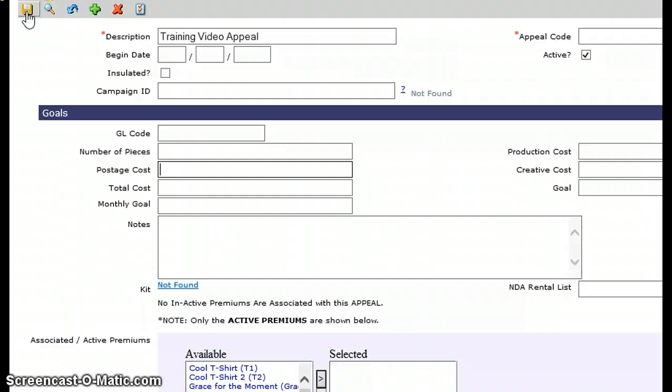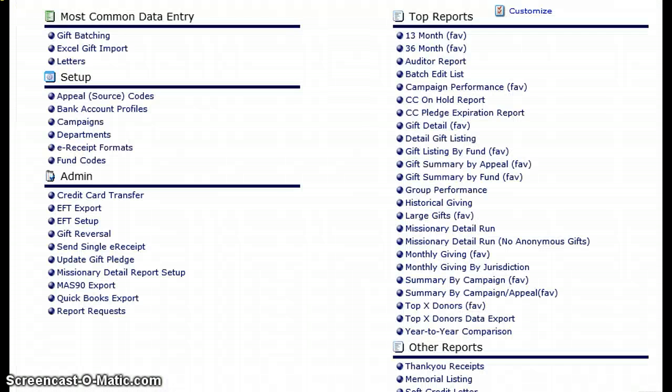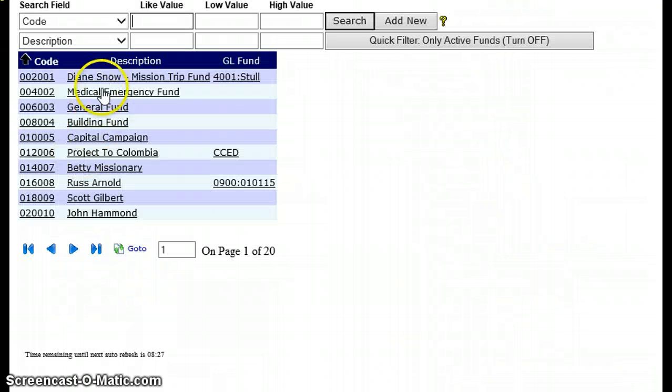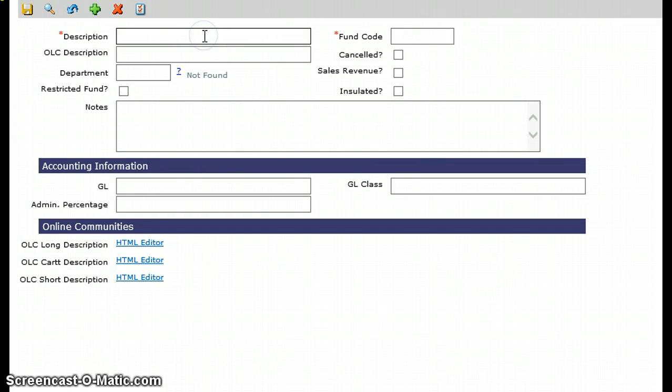So let's take a look at how we create a fund code. Again, this is a gift-related code, so we're going to go to the Gifts tab. We'll come down here in the Setup section and find Fund Codes. Again, we're seeing the list of fund codes that are already created, and we're using the training data here, by the way, so you might see some goofy things here that people have created along the way. We're going to go ahead and click Add New, and we're going to give it a description. So again, I'll just put in here Training Class Fund,